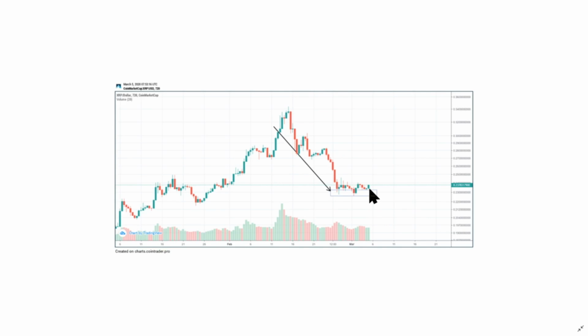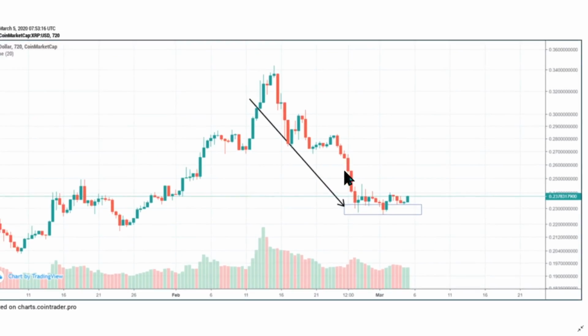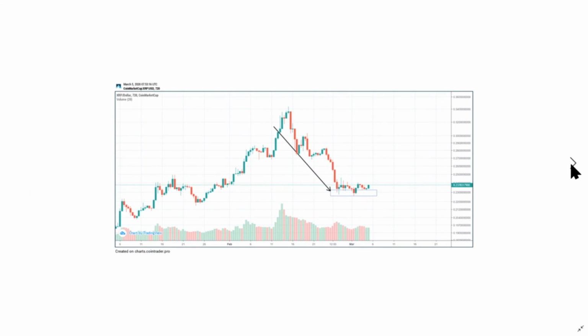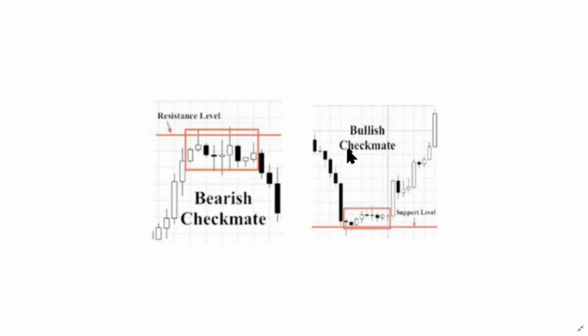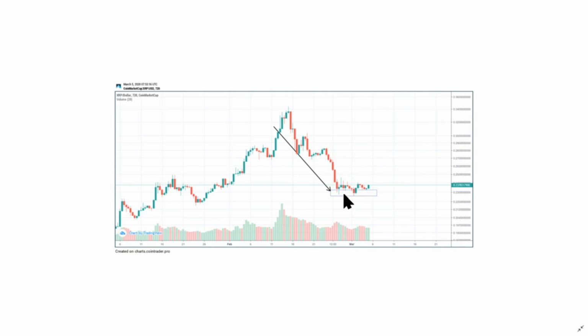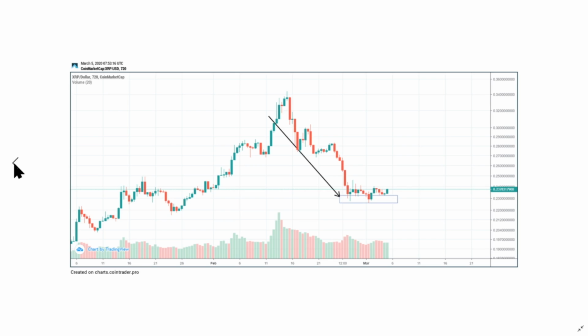Now this is a 12-hour chart, and when we look at this pattern, you have to understand it in a shorter time frame. Say this correction looks like it went from the top to the bottom like this, and it was getting supported here. Now if you point that based on patterns, you get something like this. It's known as a bullish checkmate. We described this in the last video, right? So if that is to happen here, then we can expect a reversal to the upside quickly, because it won't be a slow movement to the upside, whereas it will be like this, a faster recovery.